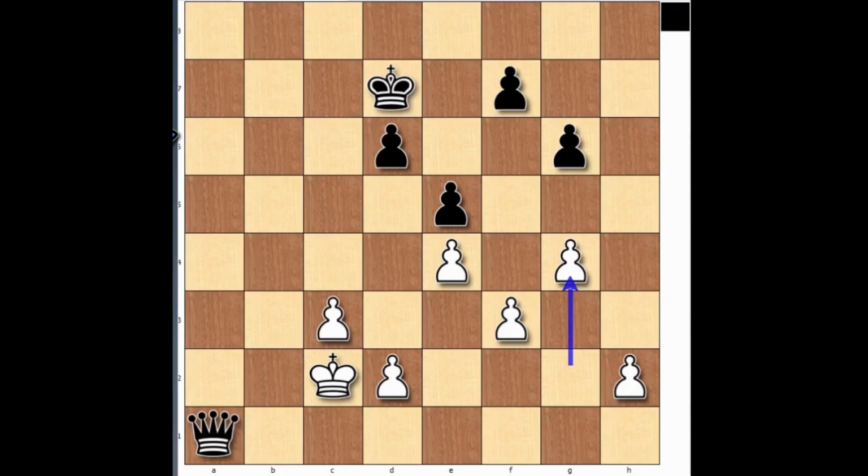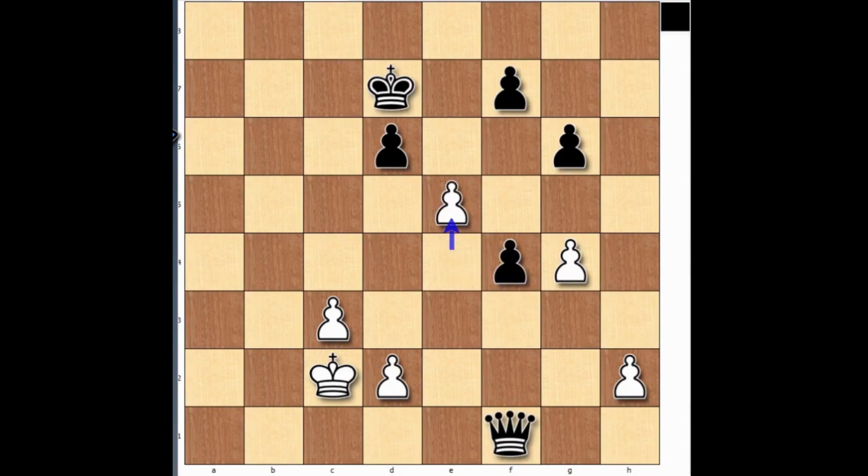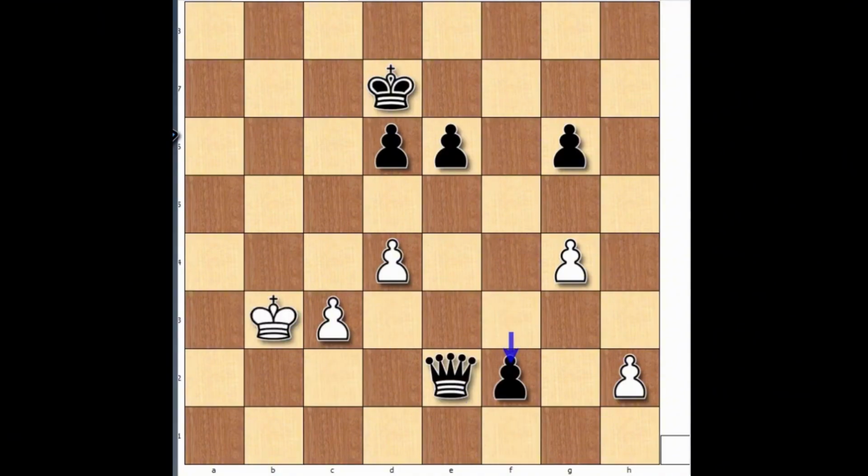Pawn to g4, queen to f1, threatening to capture the pawn. Pawn to f4, pawn captures pawn, pawn to e5, pawn to f3, pawn to e6, giving a check, pawn captures pawn, pawn to d4, queen to e2, check, king to b3, pawn to f2, king to a3, pawn is promoted